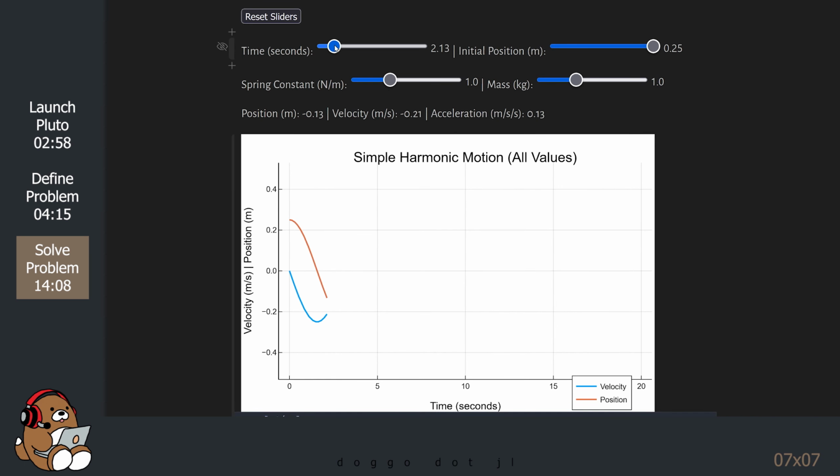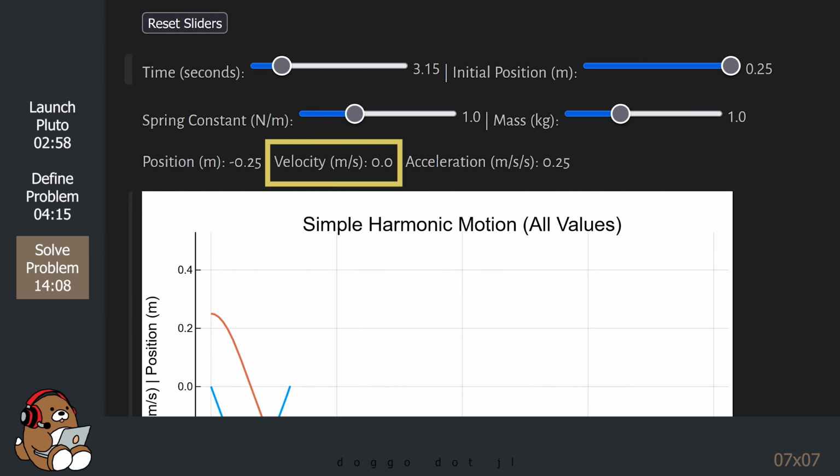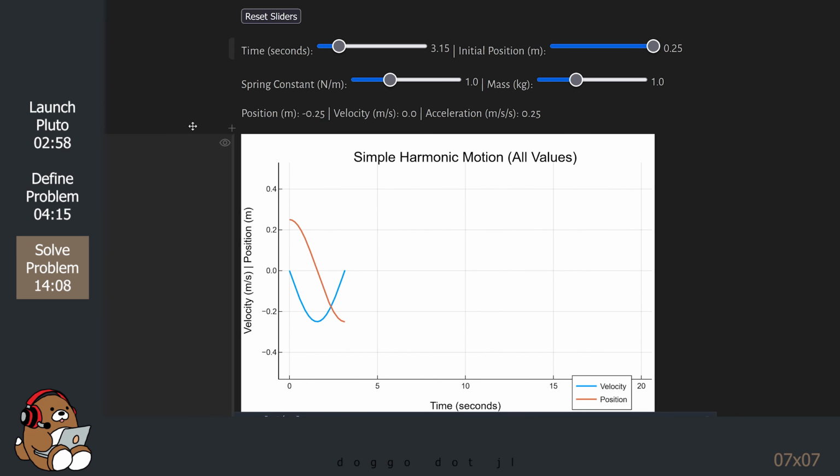Now try moving the time slider so that the position equals negative 0.25. At this point, the velocity is 0, and the acceleration is positive 0.25, meaning that the spring is trying to restore itself to the right. Now try moving the time slider until the position is back to positive 0.25.